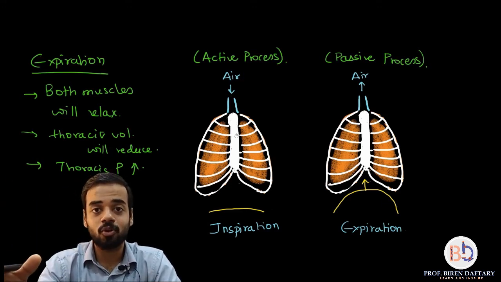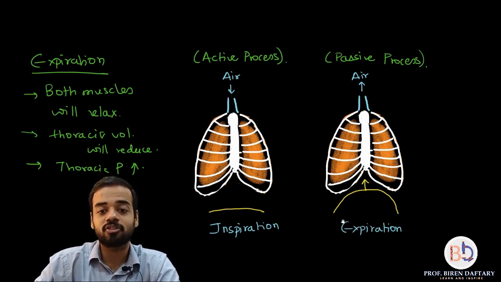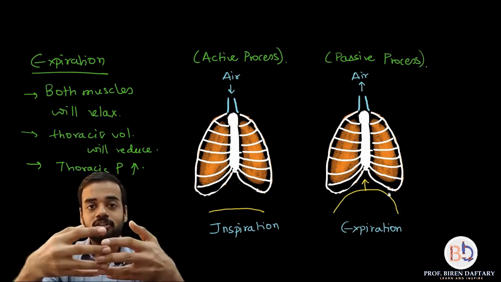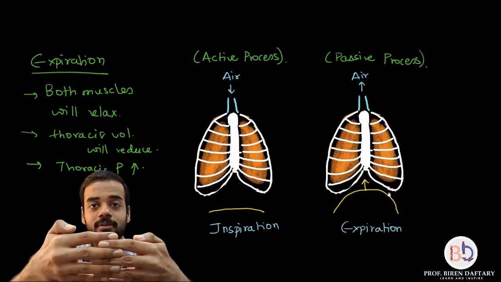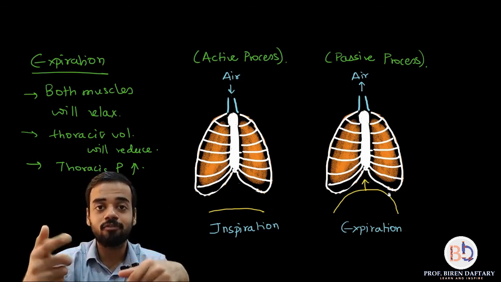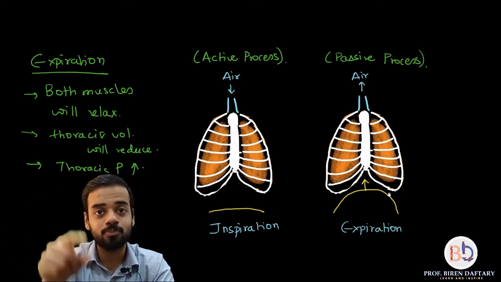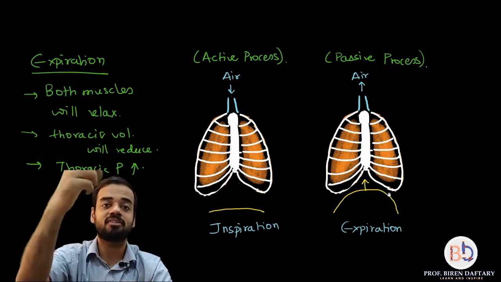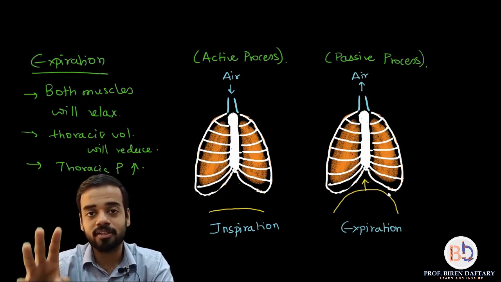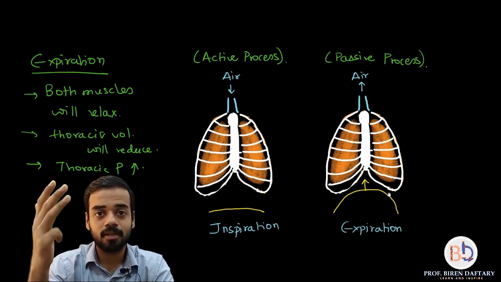So in the passive process, what happens is now both will relax, so your diaphragm will again increase in length and it will relax, so it will go up, so it will push from downward direction onto the lungs. Similarly, your intercostal muscles will also relax, so again this rib cage will go in. If it goes in, again it will put pressure on the lungs. Thoracic volume has decreased, so thoracic pressure increases, again gradient is created. Thoracic air pressure is more than environmental air pressure, air rushes outside the lungs. Is this clear? Okay, what four things are required for breathing which play a very important part? Sternum, ribs, diaphragm, intercostal muscles.